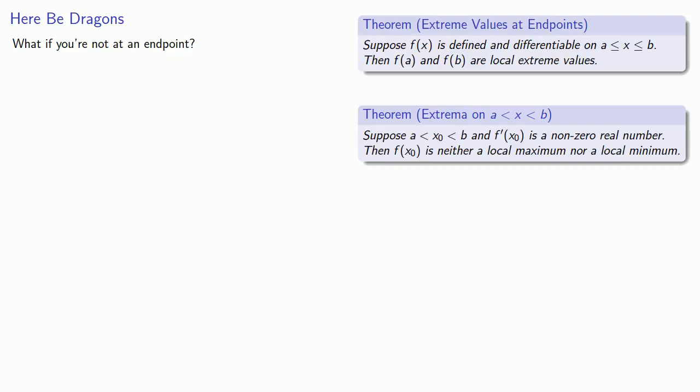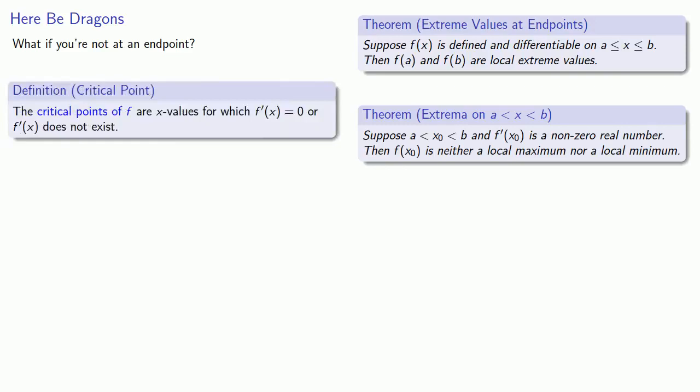nor a local minimum. And what that means is that if I want to find a local maximum or a local minimum, then I want the derivative to be 0, or I want the derivative to not exist. And this leads to our definition of a critical point. The critical points of a function are the x values for which the derivative is 0 or the derivative does